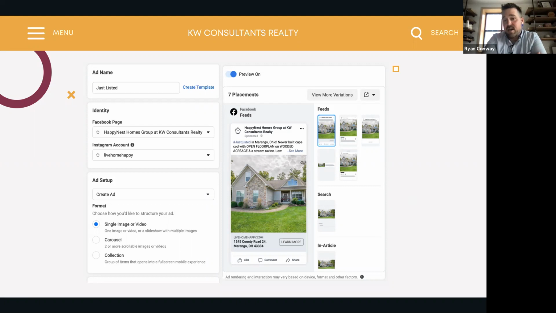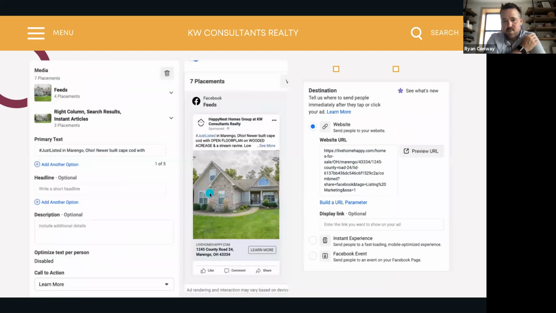You could also do carousel ads that have multiple images or even multiple different properties being advertised in a single ad. I haven't done much with collections, so I won't talk about that one. But for the placements, I can see exactly what it looks like with the text above, the text at the bottom, and the image, whether in the feed, in the right side column, or on Instagram. And if it doesn't look right to me, I might remove one of those placements, or go in and make some changes so it looks better.